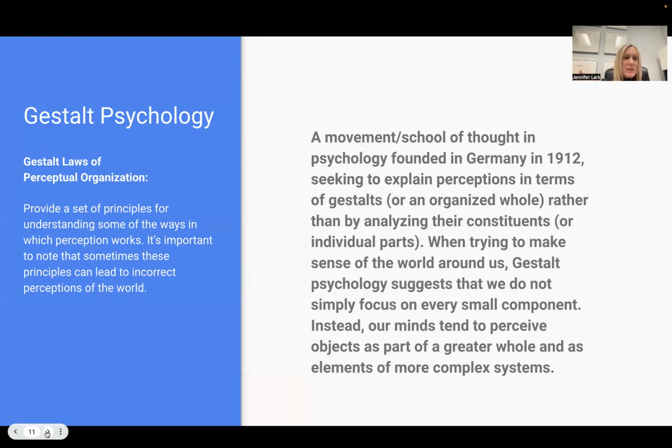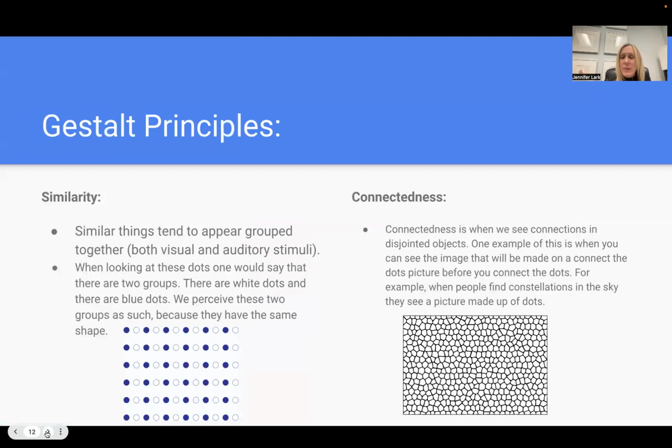So, what we're going to do right now is we're going to look at a set of Gestalt principles that are always at play that seek to help us understand some of the ways in which our brain groups things together in our environment. And again, these are not always perfect because we're relying on top-down processing a lot, which is prone to error. Okay. But for these different principles in your interactive notebook, go ahead and put down the definition and an example.